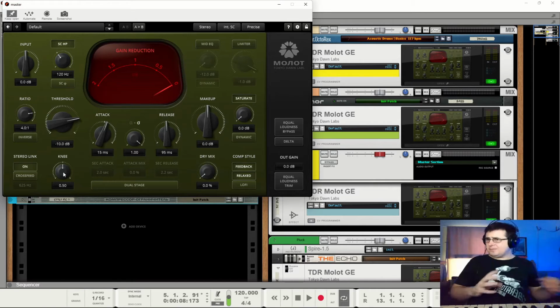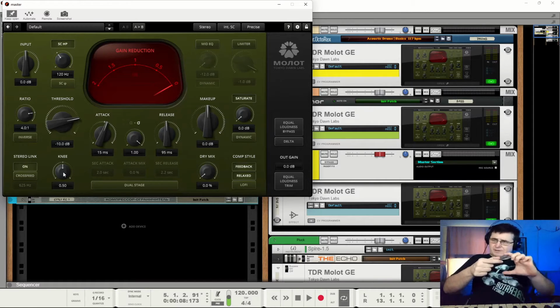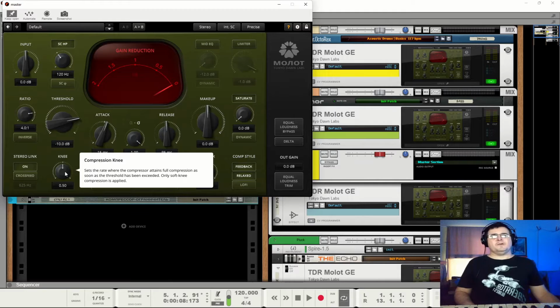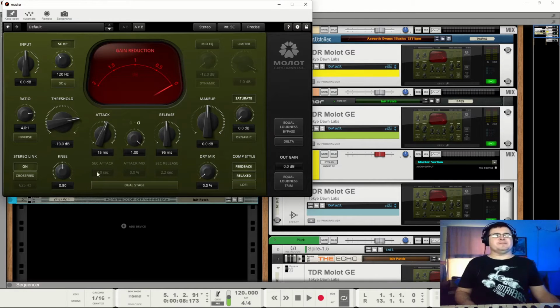The knee in this, now remember we talked last time about knees as in moving the transition, so that rather than just hitting our threshold and then going suddenly to exactly what the ratio says, to actually smooth that out over a period of time. The knee works a little unusually in here. It's not drawn out in any kinds of pretty pictures or anything, but it actually generally tends to work better somewhere in the middle. They explain that, and you are going to want to read the manual. It is actually a good manual as far as these things go, and of course you've got the thing which will give you some sense of what's going on. We'll leave it off for the moment because it's annoying.